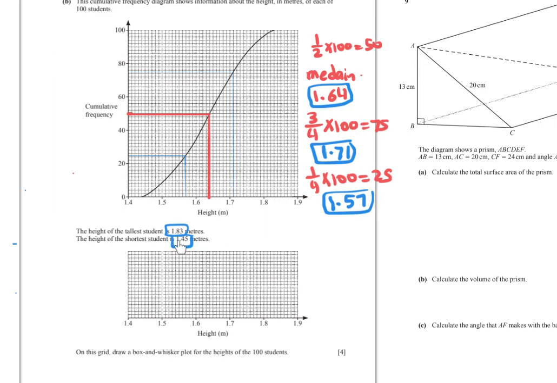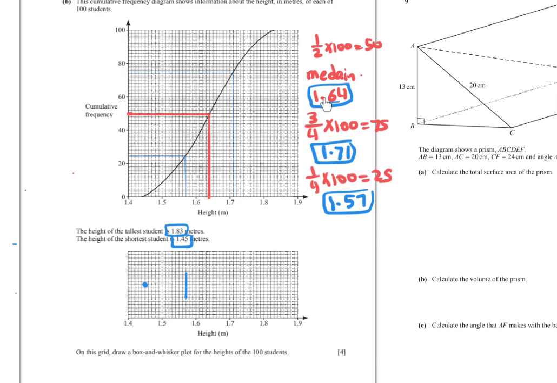The least value 1.45. So this 1.45. So we can put point here. Then lower quartile 1.57. So this 1.5, this 1.55, this 1.57. So draw bar at 1.57. So this lower quartile. Then the median